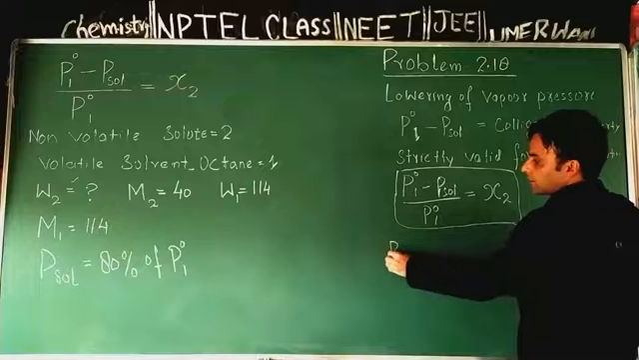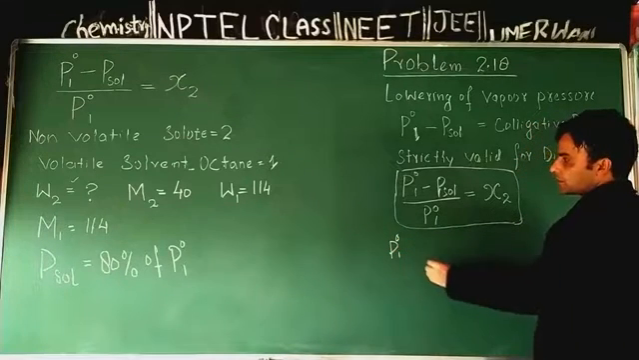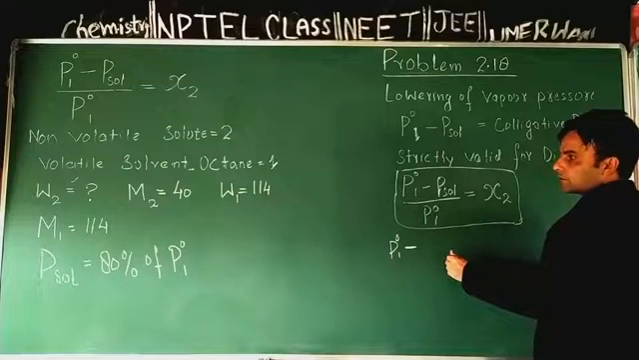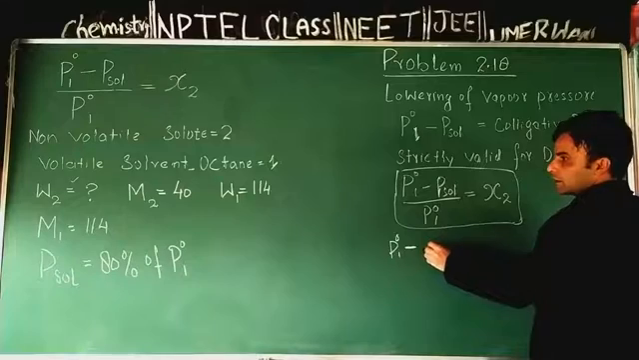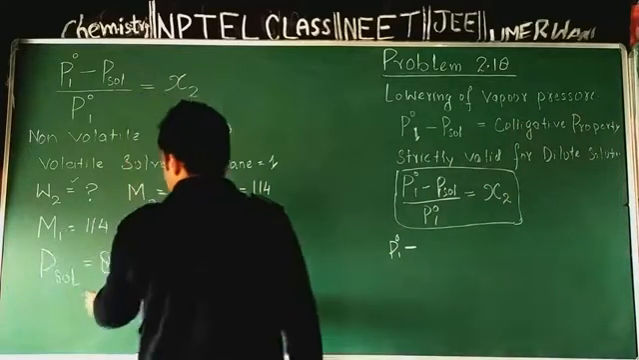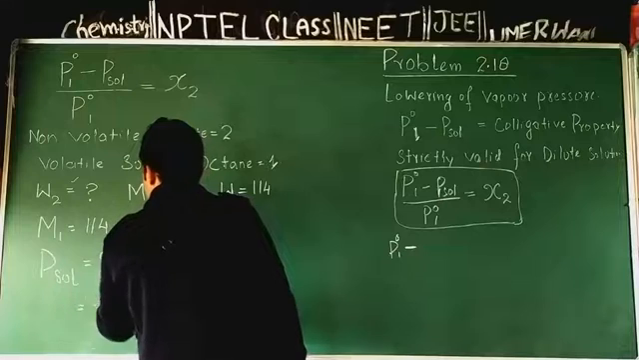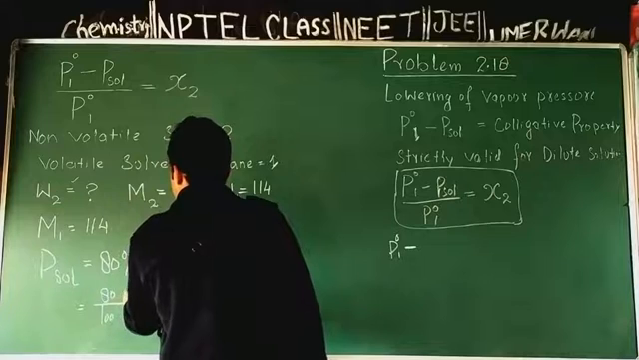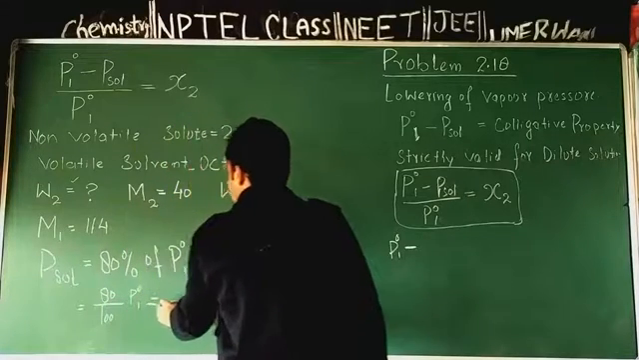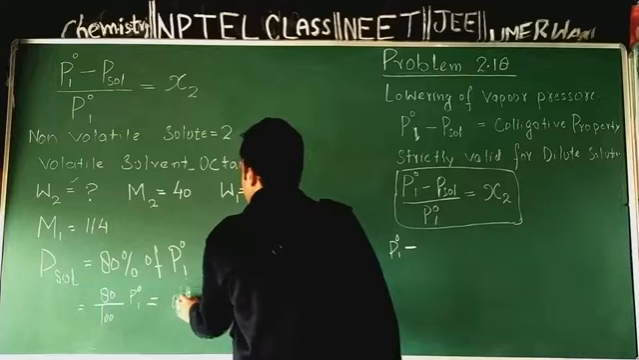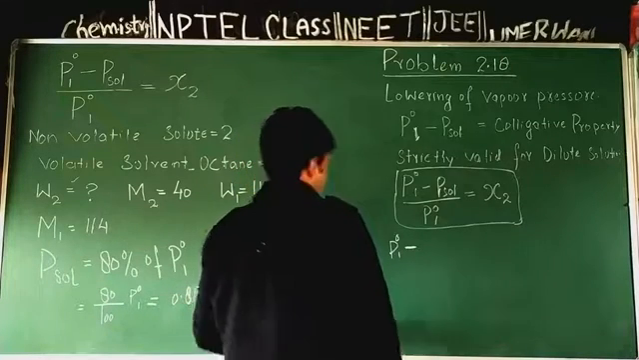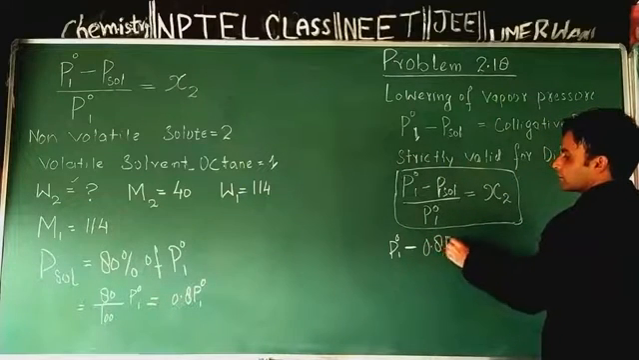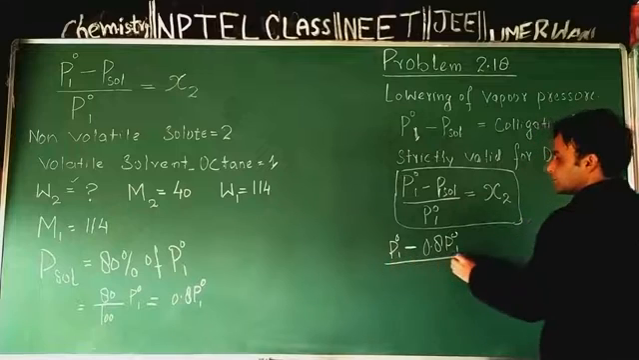Now P01 is the vapor pressure of pure octane. P solution is 80% of the vapor pressure of pure octane, and 80% will become 80 divided by 100 into P01, which is equal to 0.8 P01. So the vapor pressure of solution is reduced to 0.8 P01. Then P01 minus P solution divided by P01